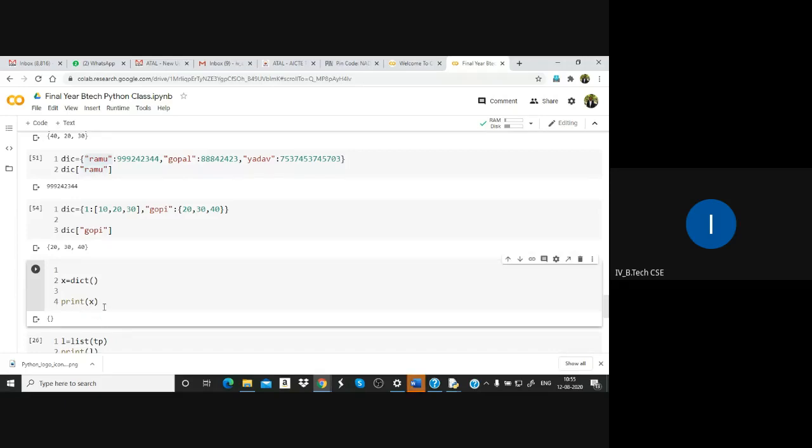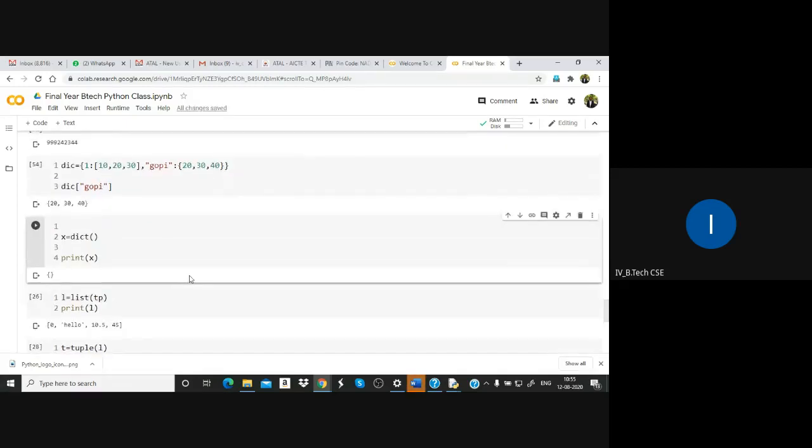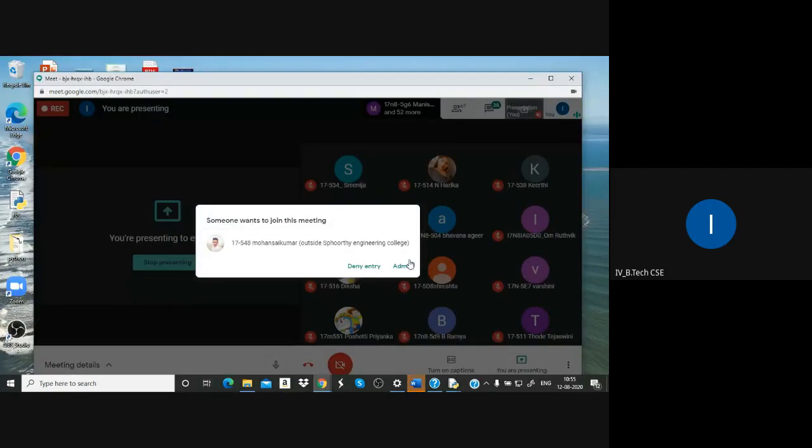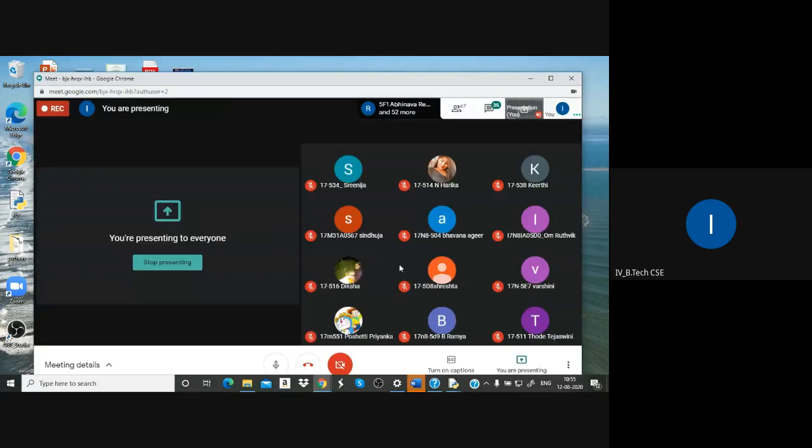But we cannot put a list or set in this. That is not acceptable because we are getting errors. Dictionary is a particular data type which contains key and value pairs. Is that clear? So we got errors with assigning other types because they are not acceptable.